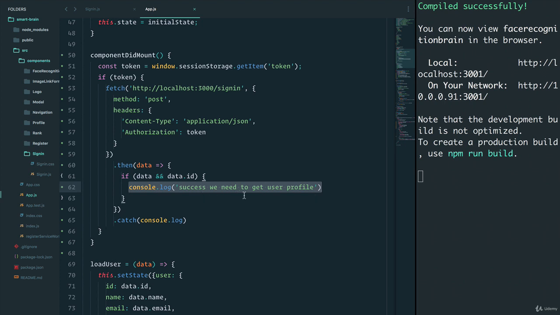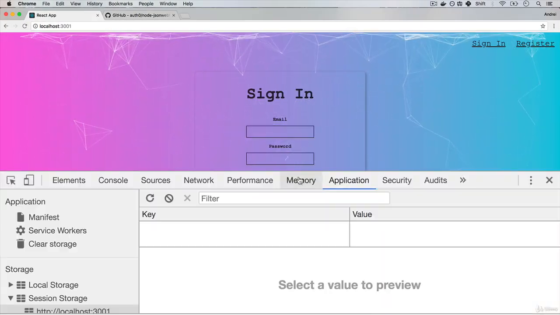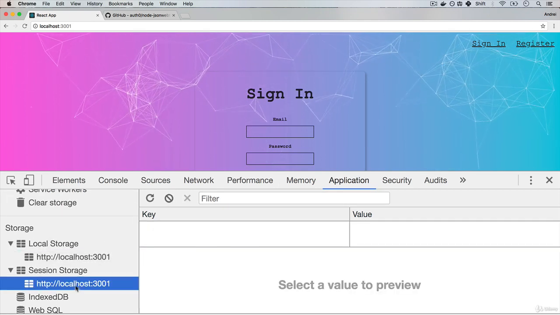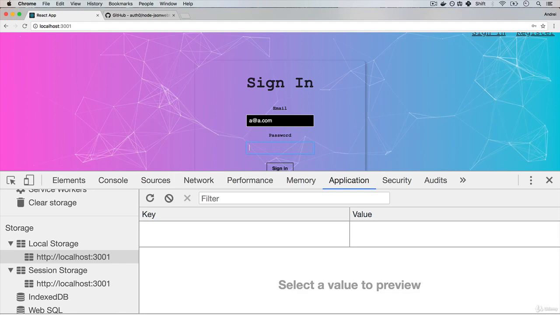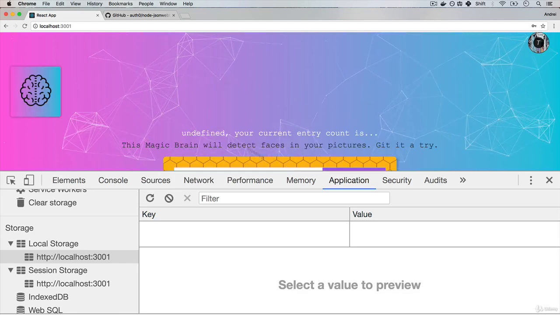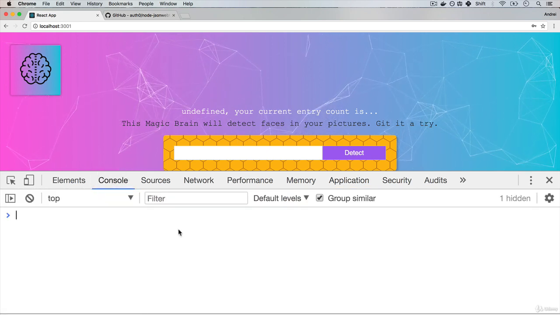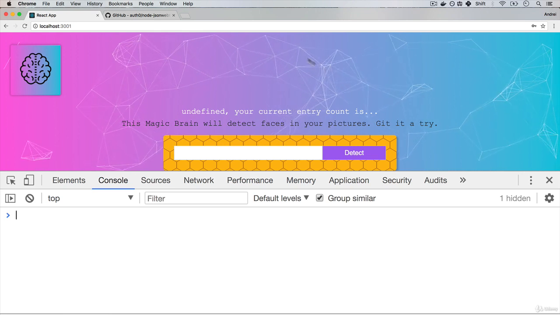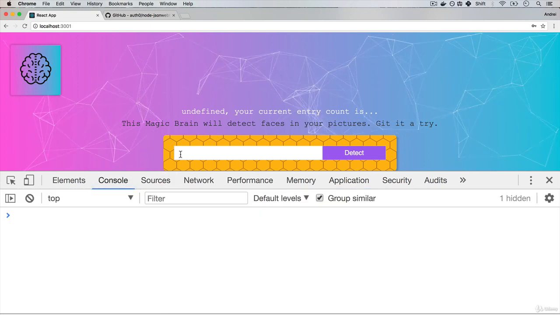All right, let's give it a go. Let's test this out. I'm going to make sure that there's no tokens. Let's go to session and local storage. I'm going to delete that. Everything is clear. And I'm going to say a@a.com, let's sign in. All right, I'm able to sign in. If I go to console, it looks like this didn't get run. But that makes sense because we've just signed in. We just received our session token. However, if I refresh now,